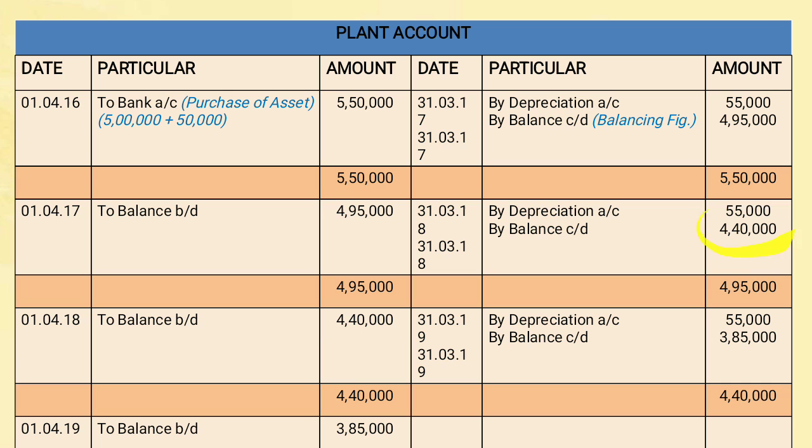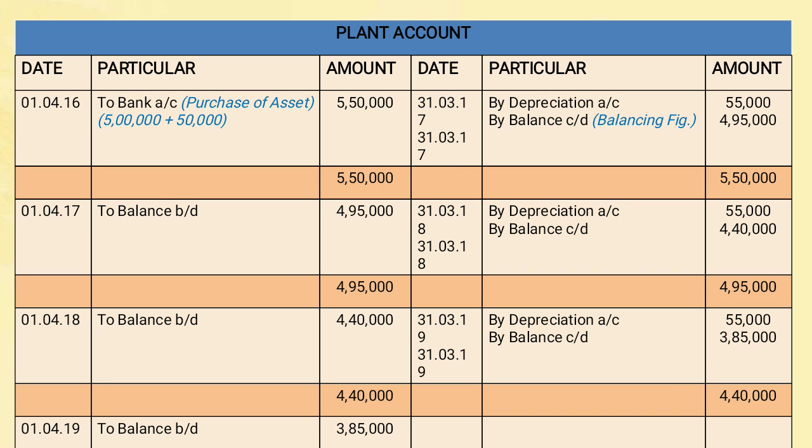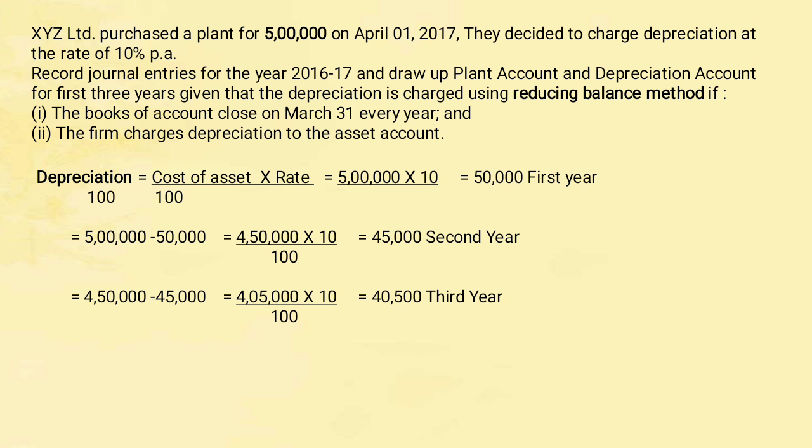After that, depreciation account debit to, and we have to credit our 4,40,000. Then again we have 4,40,000. This we have to transfer here, and depreciation we have to calculate, and balancing figures we have to note down. Okay, so this is the way to calculate depreciation in the percentage method. So the method is not important. We have to practice with our equations and with our calculation.